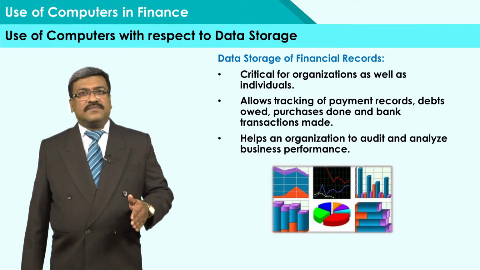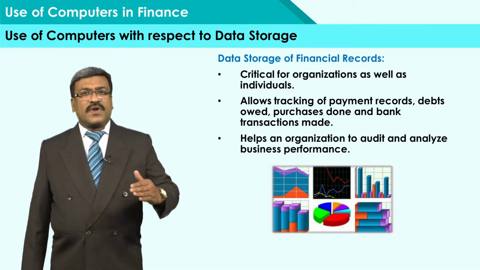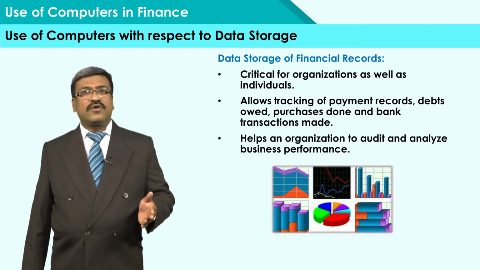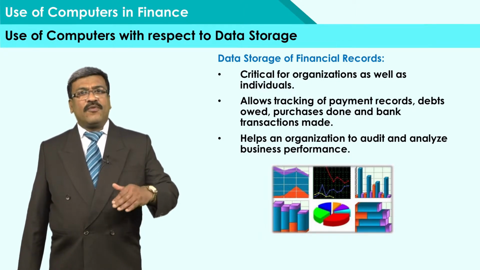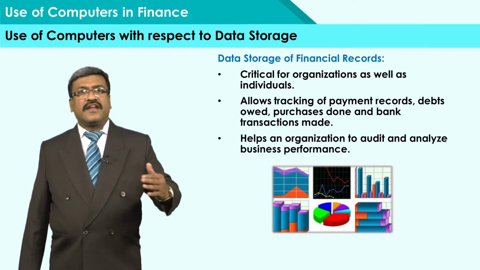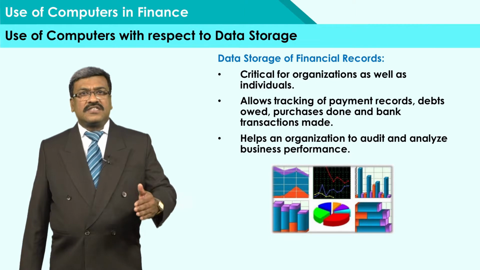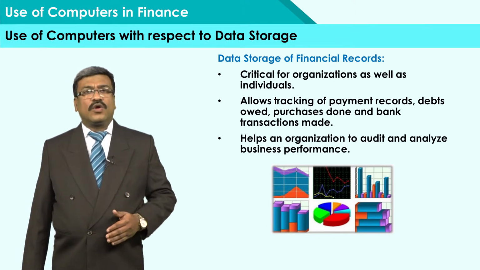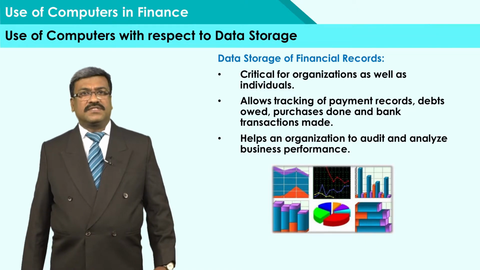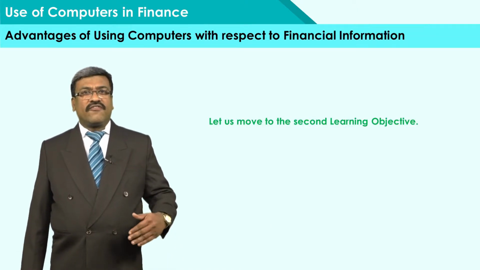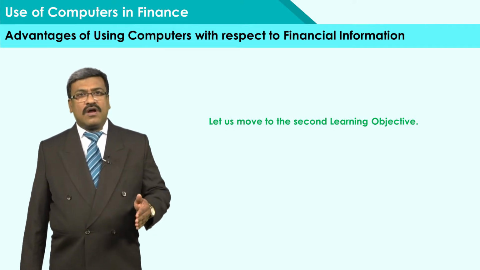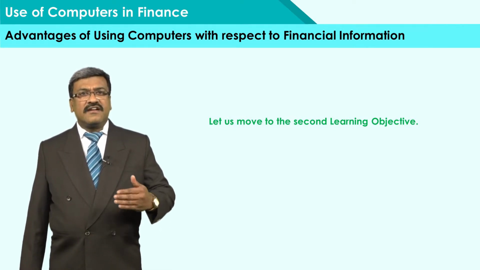The ERP SAP system, that is a business process management software, will automatically generate accounting reports by the click of a few buttons with enough information already keyed in. Detailed financial records help an organization to continually monitor, audit, and analyze business performance. So far, we have learned the use of computers with respect to data storage. Now we will move on to our second learning objective, that is